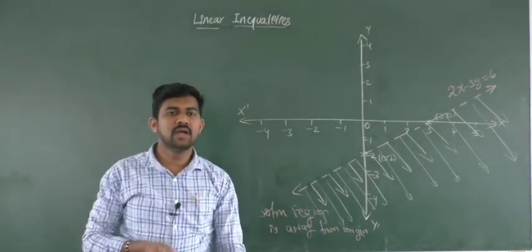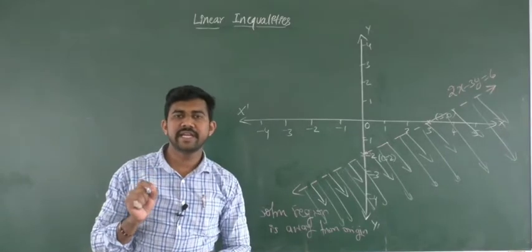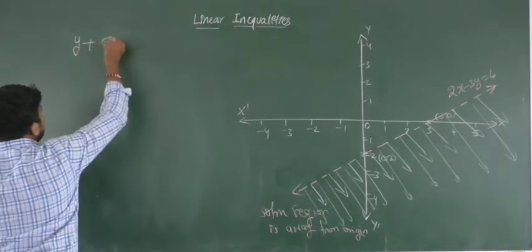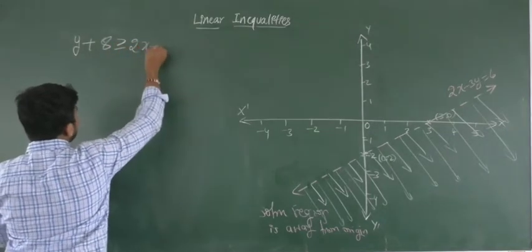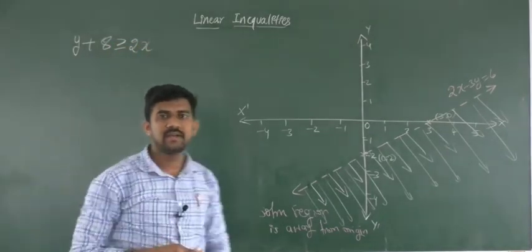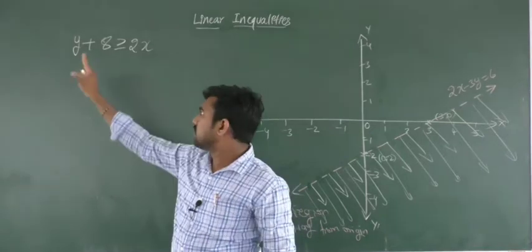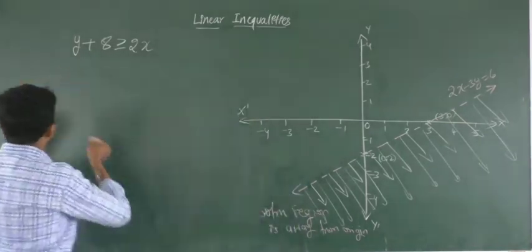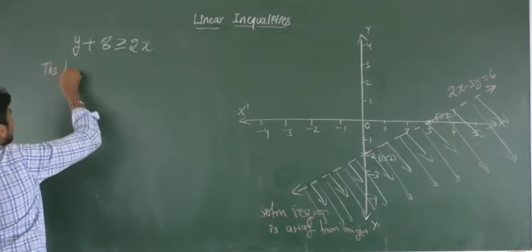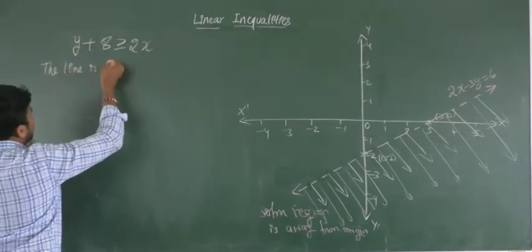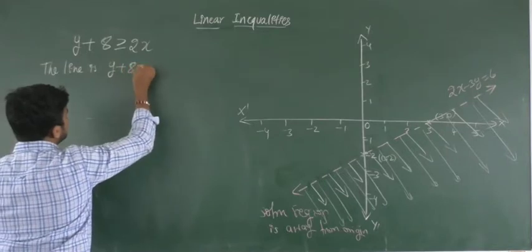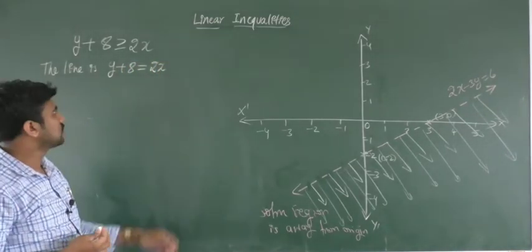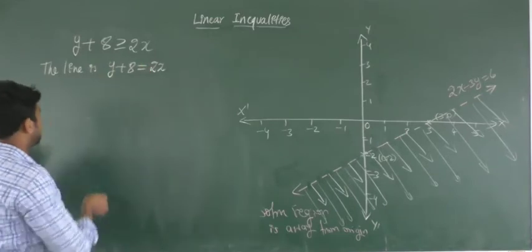The given inequation is y plus 8 greater than or equal to 2x. We need to find the graphical solution of this inequation. So first write the line. The line is y plus 8 is equal to 2x. Okay, now